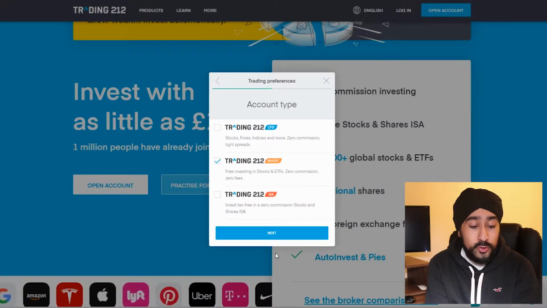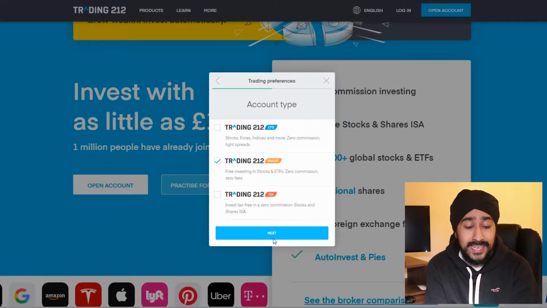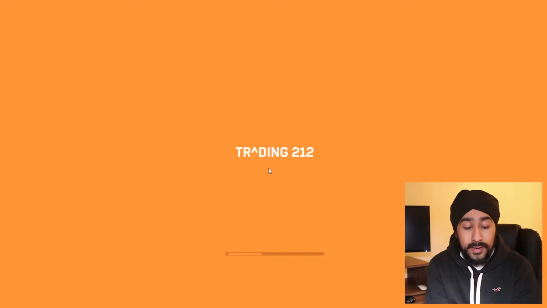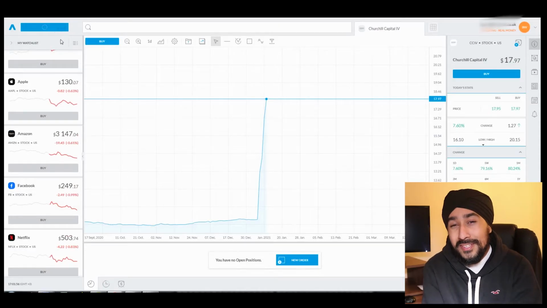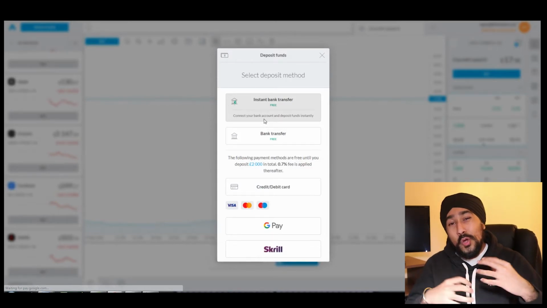Then you need to type in your address and you'll be asked to select account type. Now, as I said, I'll be selecting the invest account for this video. Now we are in. Now we need to deposit funds into the account. Now there is a small problem here which I really need to talk about, so you don't actually get caught